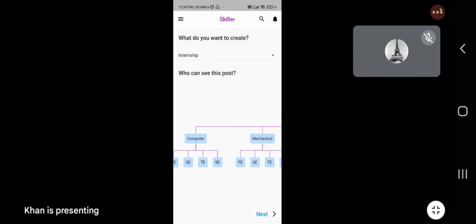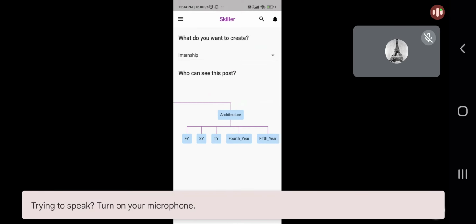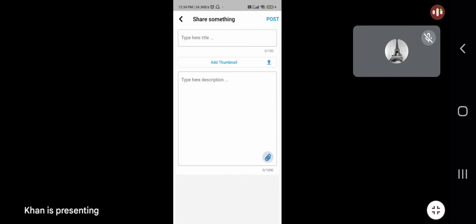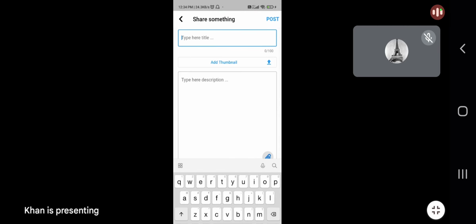For example, in our AIKTC, there are branches like engineering, pharmacy, and architecture. If I want this post to be visible to only computer engineering students, I will just select computer. You can see it is selected. After that, I need to click on the next button, and there I can enter the title, let's say Flutter internship,